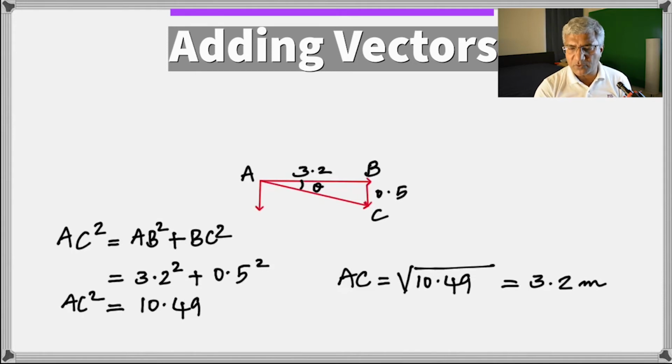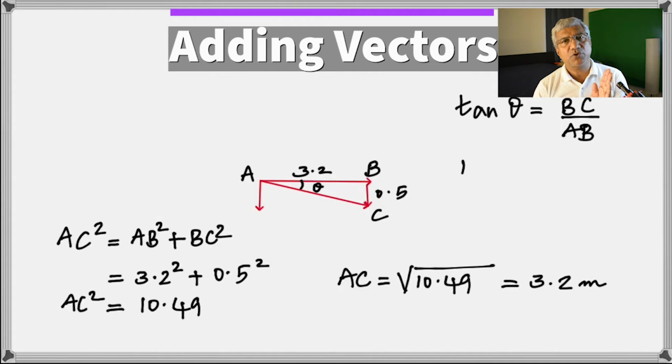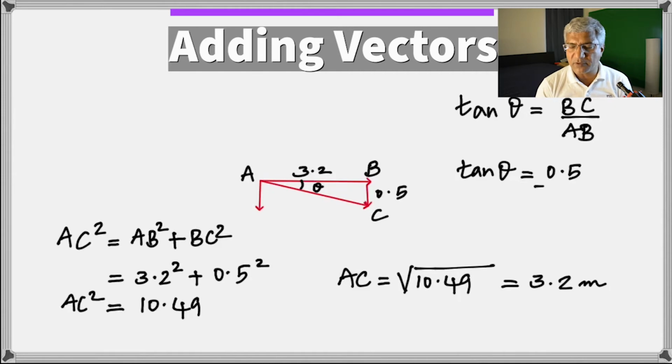So for that, use tan theta. So tan theta would be 0.5 divided by 3.2, because tan is opposite by adjacent. Remember the TOA part of SOHCAHTOA, T-O-A. Tan is opposite by adjacent. So when you do that, you get 0.5 by 3.2, which is